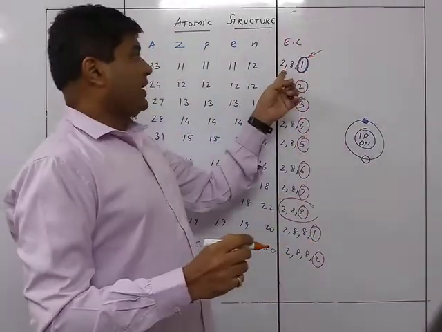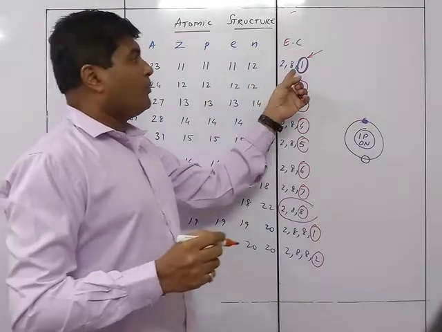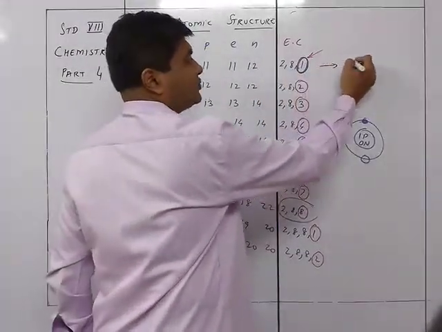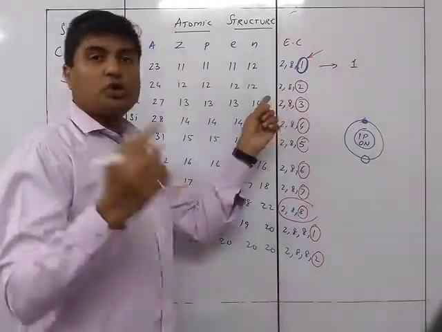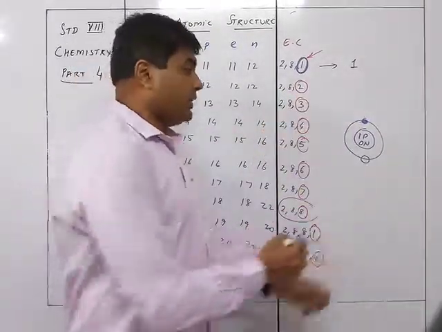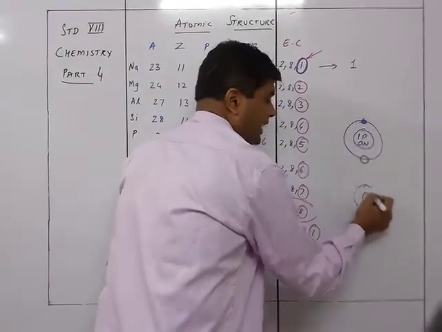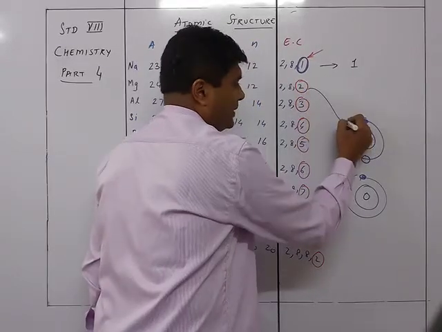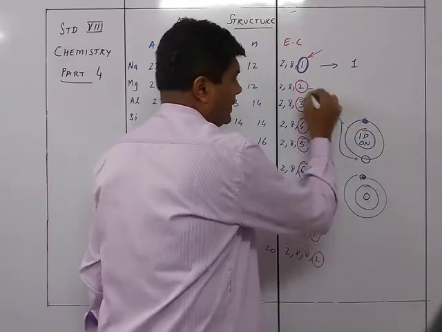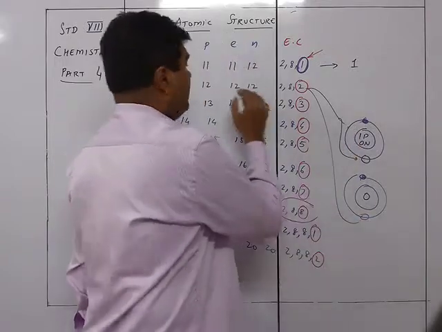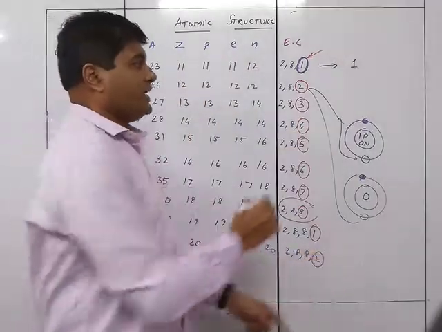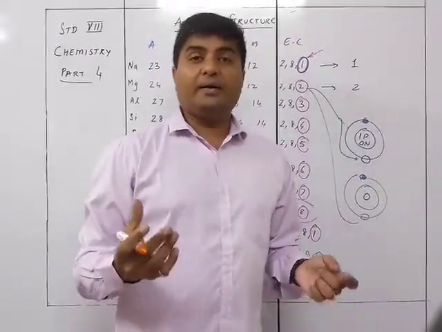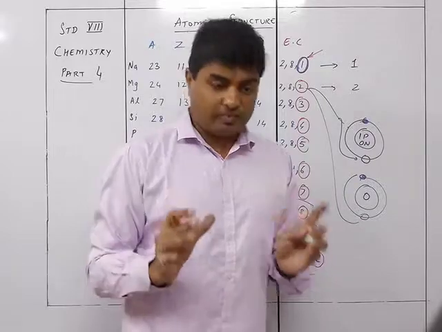So if we are talking about sodium, what is the number of electrons it can give away? Only one. So how many hydrogen atoms does it require? Only one. Whereas this one has two, so how many hydrogen atoms will it require? It will require two such hydrogen atoms. One will go over here and the other one over here, and accordingly magnesium will require two hydrogen atoms to complete itself and become stable.